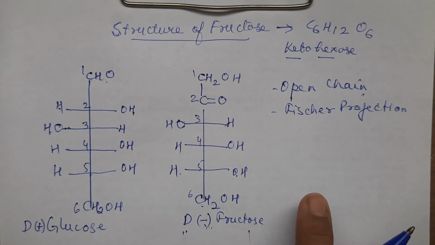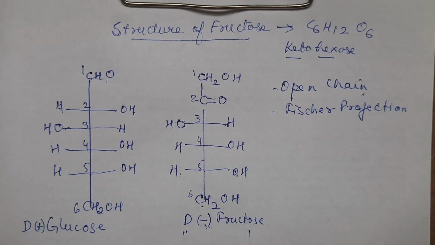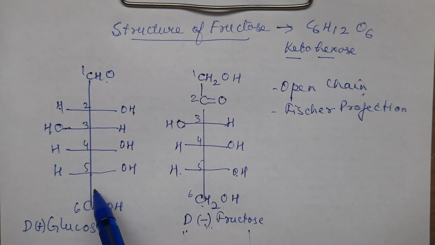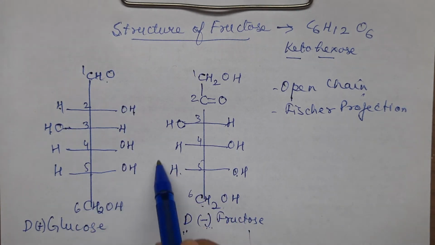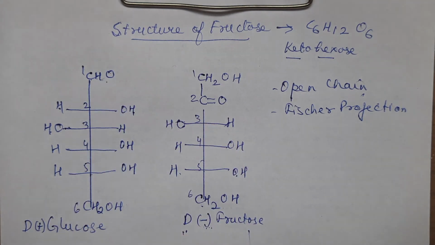Now, this is Fisher projection, but we can convert this into cyclic structure, and then the cyclic structure you can convert into Fisher projection as well as the Haworth way of representing. That I'm going to show you. Now, how we convert this into the cyclic structure? If you remember, in glucose, the ring was between 1 and 5 carbon atom. On the fifth carbon atom, H you take there, and we connect this O to the first carbon atom from the top. That we have discussed. To watch that properly, please see my previous video on biomolecules.